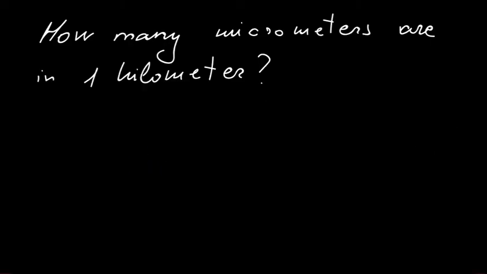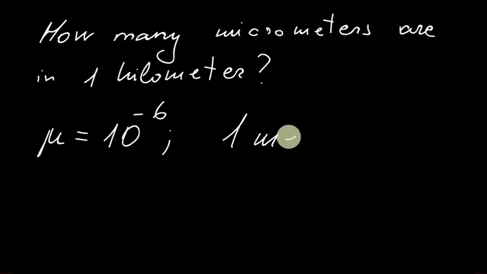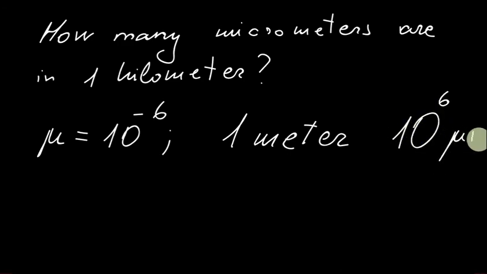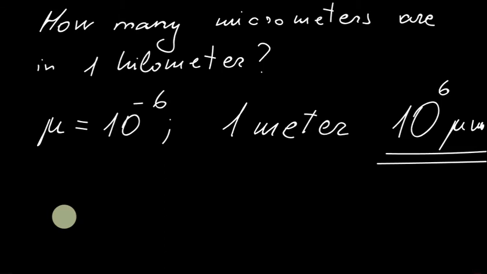So, how many micrometers are in 1 kilometer? How could you do that? Well, we know that micro is 10 to the power of minus 6. So, this basically tells us that in 1 meter there are 10 to the 6th power micrometers. So, once we made that clear, we must remember that 1 kilometer